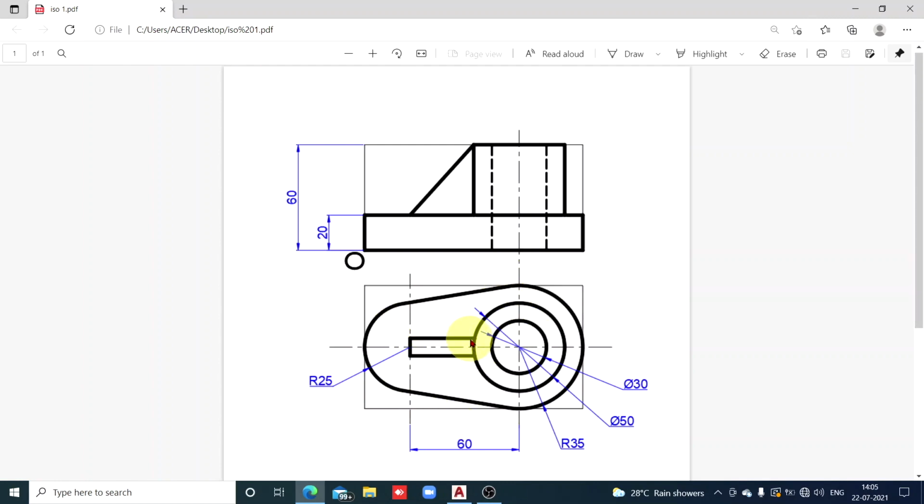Also there is a strip you can see in the top view, this rectangular strip. This strip suggests to you that it is a triangular plate. If you draw end projectors from this rectangular strip, from top view to front view, you realize that end projectors of this triangular shape match with the end projectors of this rectangular strip. That suggests to you that this is a triangular plate.